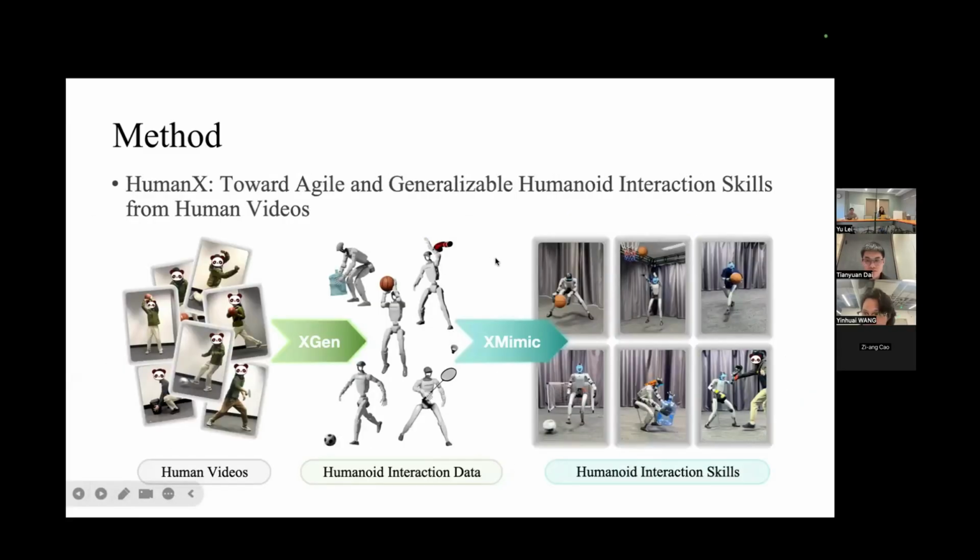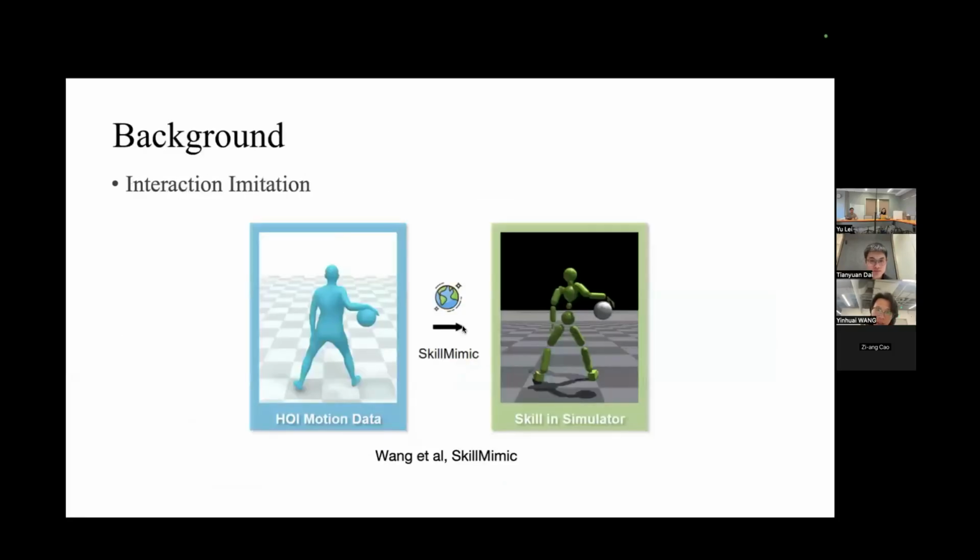Yes. I guess for the skill mimic, what is the observation space and what's the action space? Okay, for skill mimic, the observation space is only the proprioception and the object status, plus a skill label, encoded in one-hot.